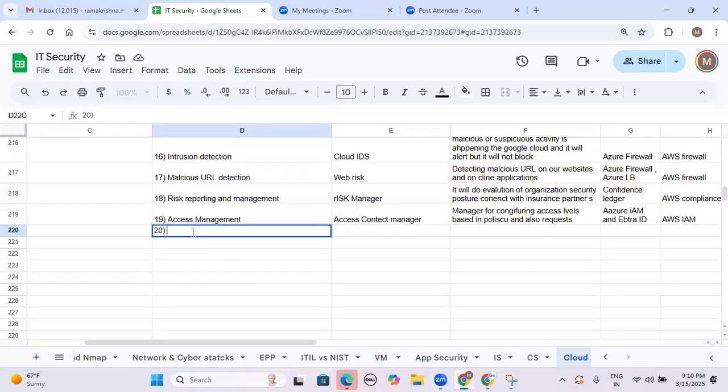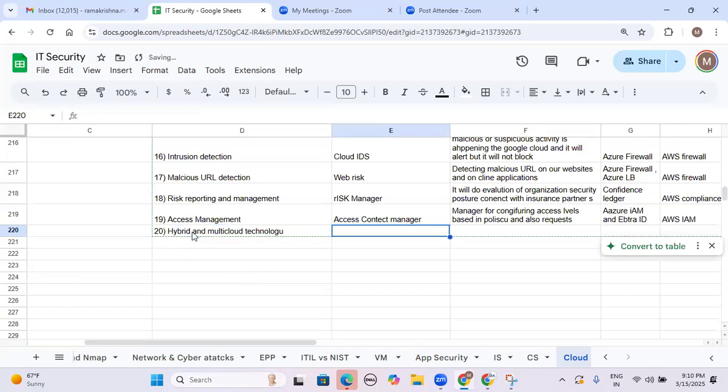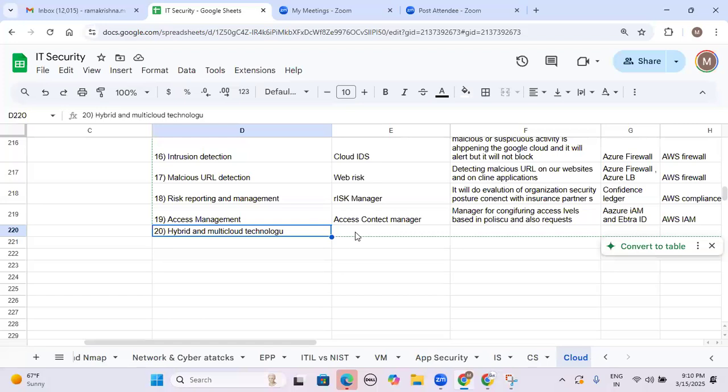20th one, hybrid and multi-cloud technology. So what is this hybrid and multi-cloud technology? This belongs to machine learning and artificial intelligence side. So this one, what is the service name we can call it as? This is platform name. Platform name is hybrid and multi-cloud technology. And here we can say service name, we can call it as